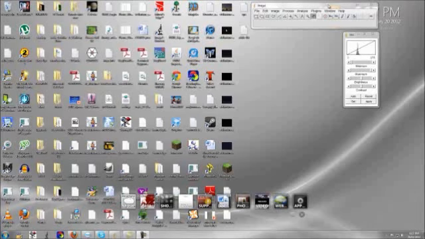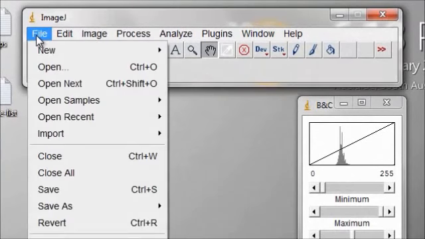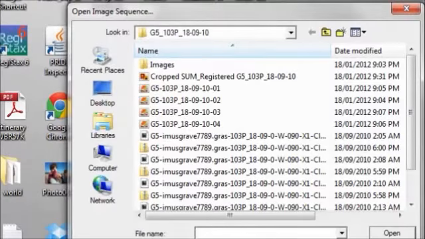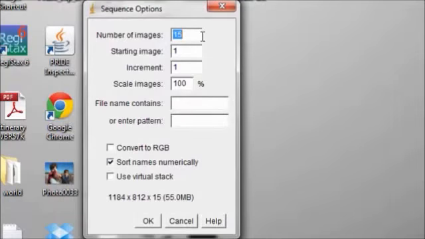Okay, I'm going to take you through the use of my freeware image processing program, ImageJ, to have a look at the original files that generated the image that has subsequently been faked. ImageJ is one of several image processing programs you can use to import image sequences that are taken with cameras. Here I'm going to import a sequence. These are 4 images that I've taken using the iTelescope G5 instrument